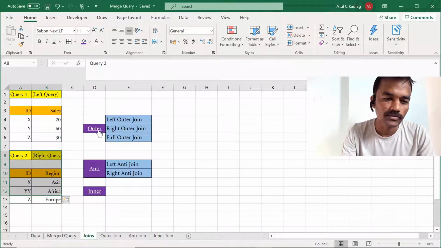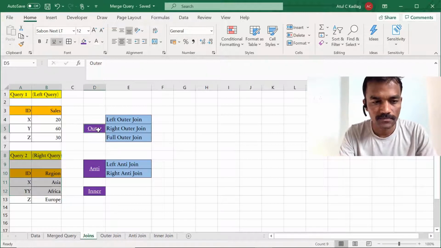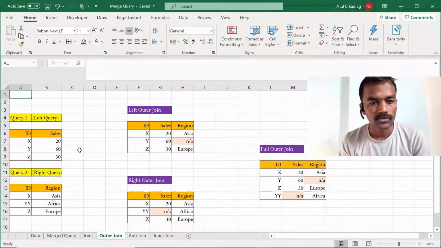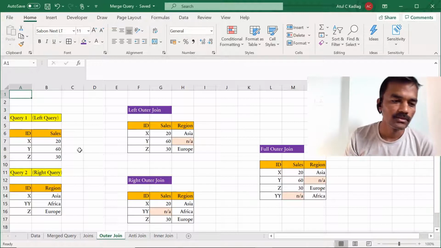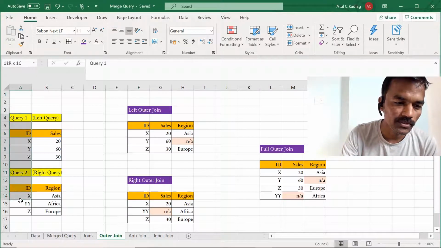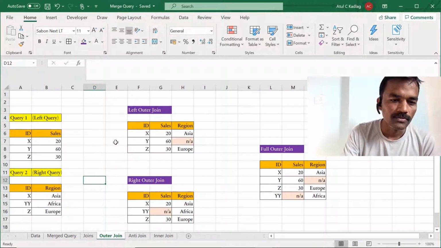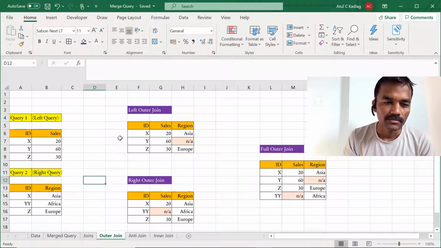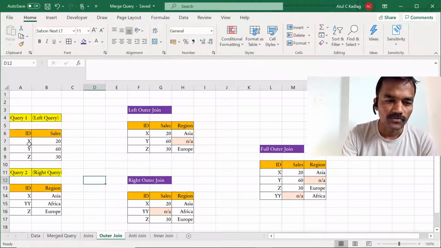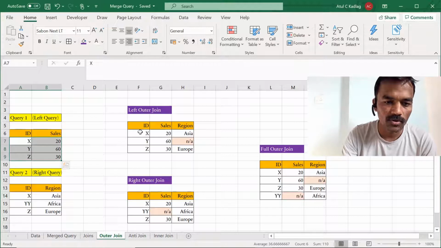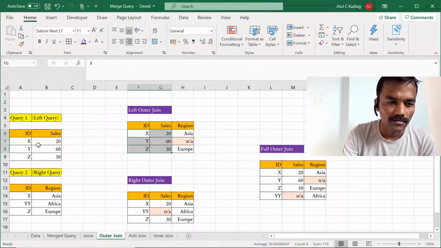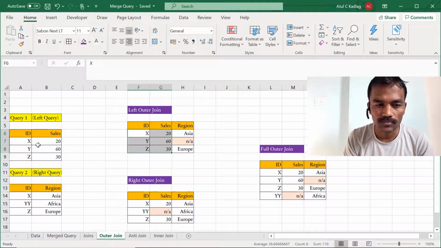Now, what is outer join? Let's try to understand this outer join. When we do outer join, these two tables join with each other. Now when we say left outer join, that means it will take all the rows from the left query.